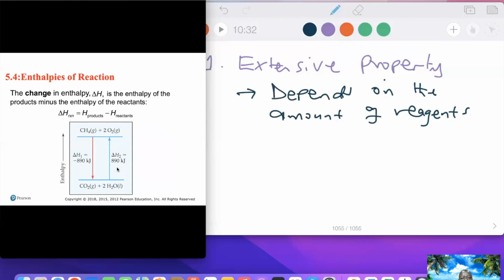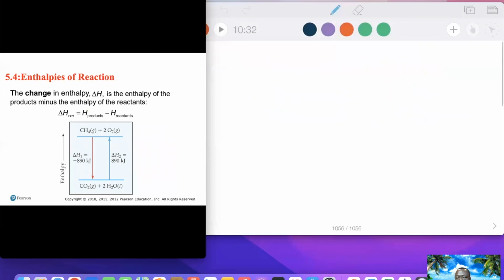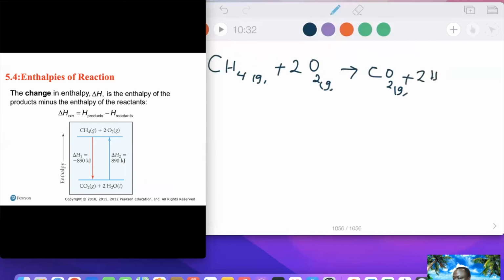So remember, if you reverse the equation, what we mean by that is if we have CH4 in gaseous state plus 2 moles of oxygen gas to form CO2 gas plus 2 moles of liquid H2O, and the enthalpy of reaction in this case is negative 890